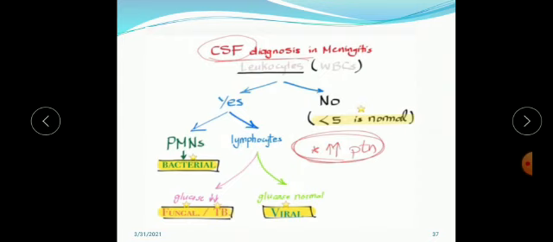In case of fungal or tuberculous meningitis, glucose level will be drastically decreased, and in case of viral meningitis, glucose will remain normal. And in all these 3 or 4 kinds of meningitis, there will be increased protein content. So if leukocyte count is not increased, less than 5, and protein level is normal, there are lesser chances of having meningitis.